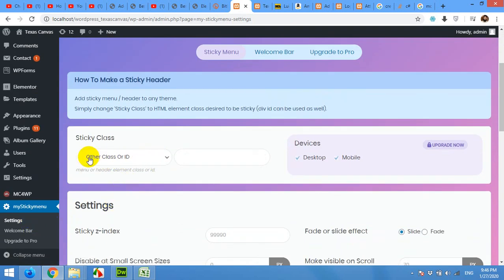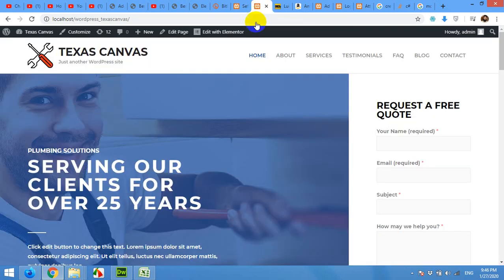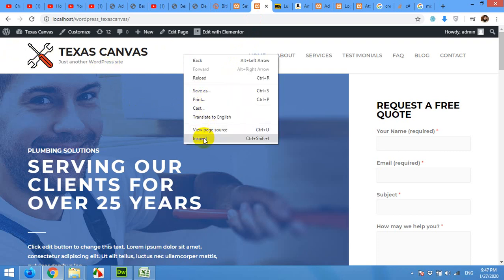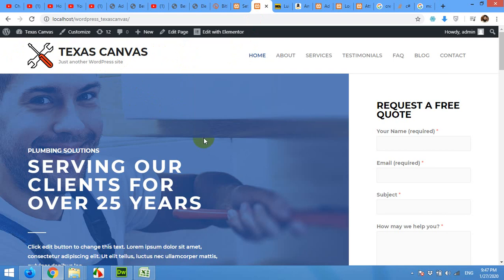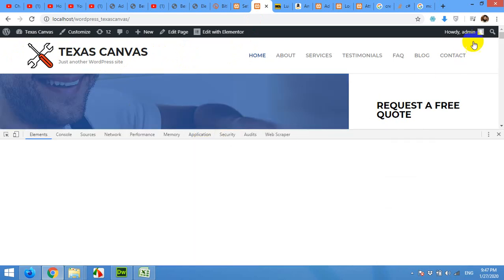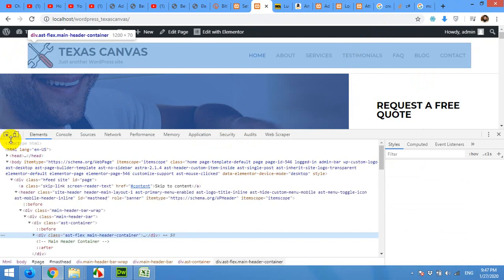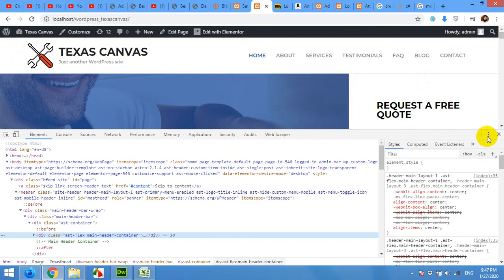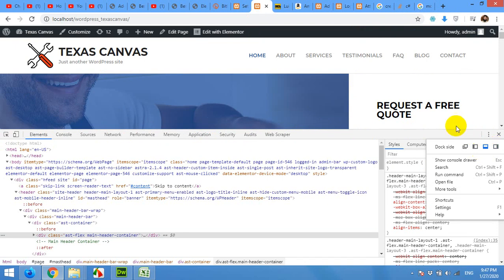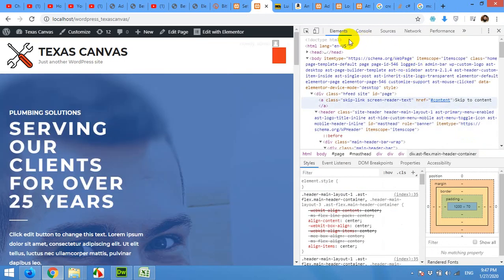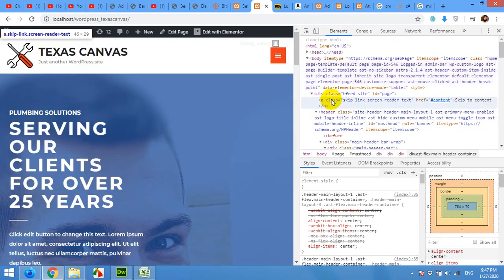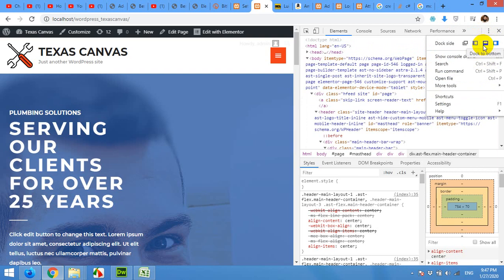Here it will ask the class or ID of the menu, so please come to the home page or the front end of your website. Right click on the menu, click on inspect element. It will probably open on the right side like this. Let me show you both options so you can adjust it later. Maybe it will open like this, so you will have to click on these three dots and click on dock to bottom,